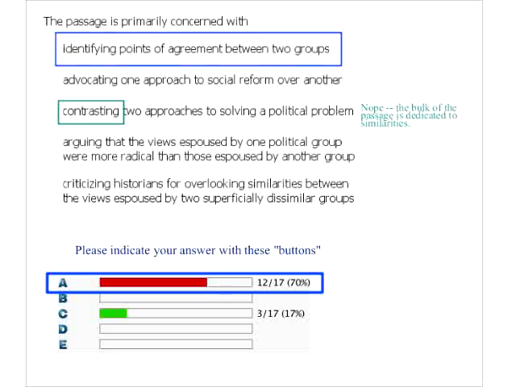So this is it. As far as the other points go, nobody picked them, but just to make sure you understand. Advocating, nothing is advocated. This passage is purely analysis. Advocate means you take a side, which this passage doesn't. More radical, no. I mean, it's not in there. And then criticizing historians for overlooking them, no. If it was to point out similarities, this would be correct, but criticizing historians, not so much. Okay.